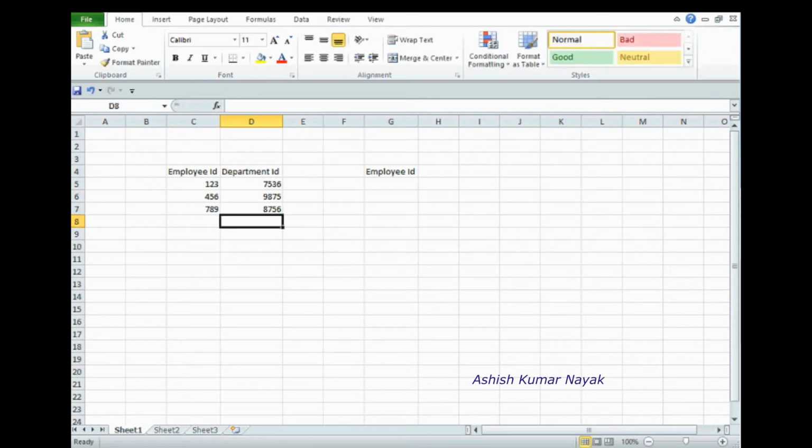So this is the table. In another table, suppose the values are shuffled: 4 5 6 1 2 3 7 8 9. We need the department ID in this table by comparing the first table.